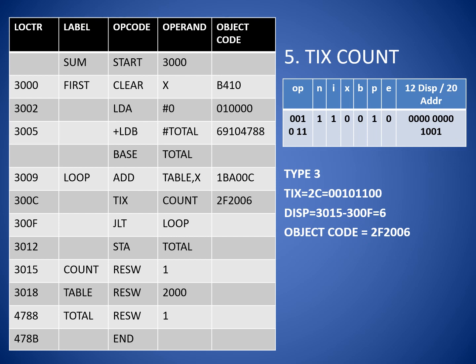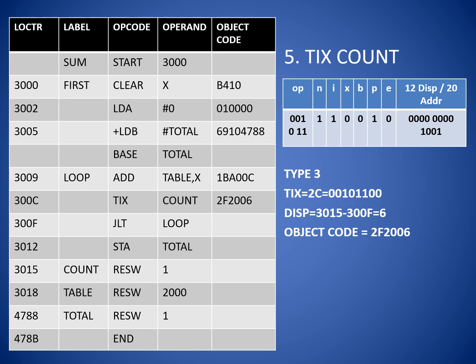Moving to the next instruction, that is TIX count. It belongs to the type 3 format. TIX has opcode as 2C. It is represented as 00101100 in binary. Since it is neither immediate nor indirect addressing mode, N and I are set to 1. To decide whether it is base relative addressing mode or program counter relative addressing mode, we need to find out